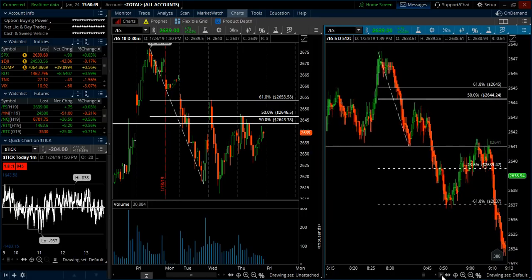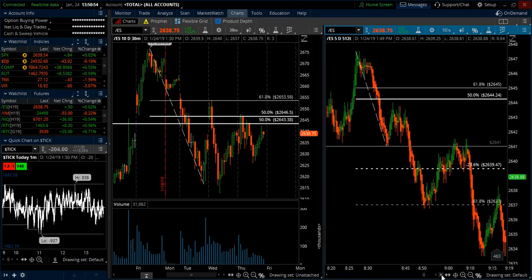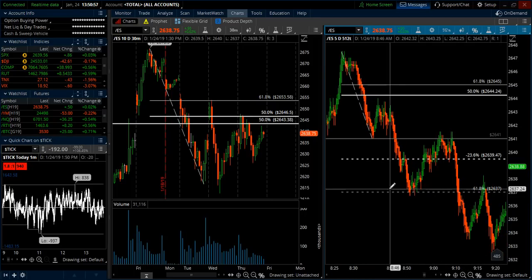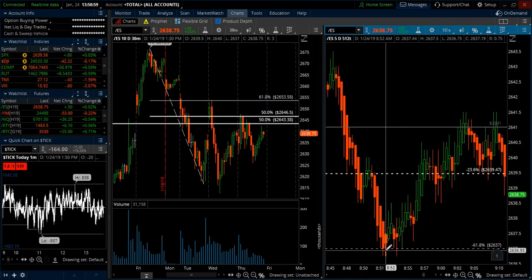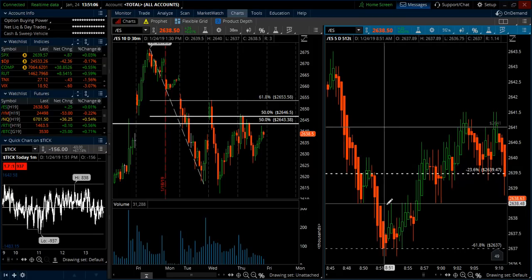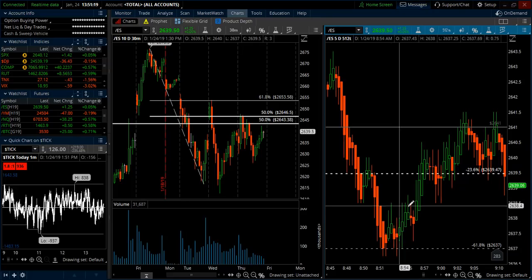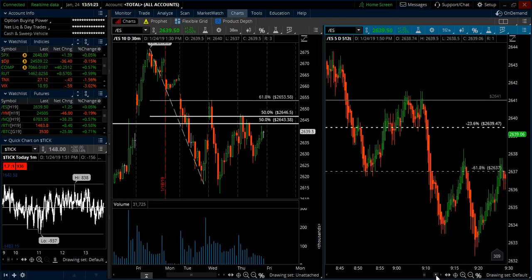And then we got another leg lower. And here I did a couple of things. So we had this little double bottom here. And so when that occurred, I took my stop on a portion of the position left and put it above this candle's high. Basically, I took myself down to one contract left. So I got out of everything else here when we broke, and then I was stopped out there. And then on that last contract,